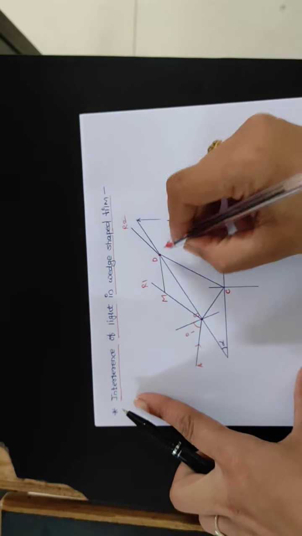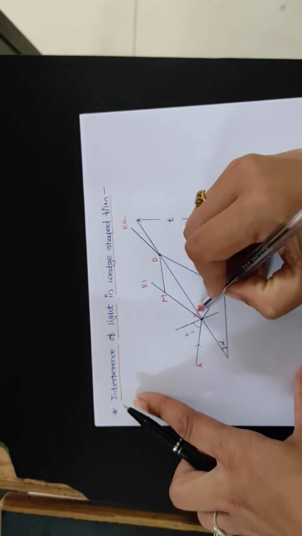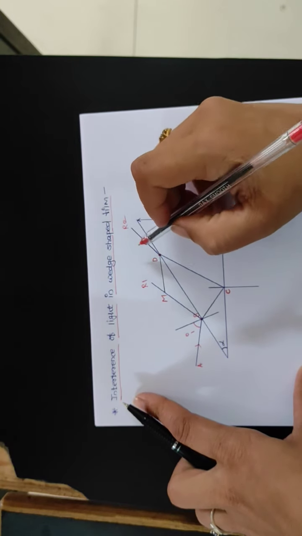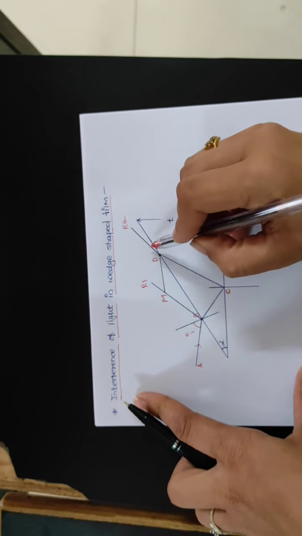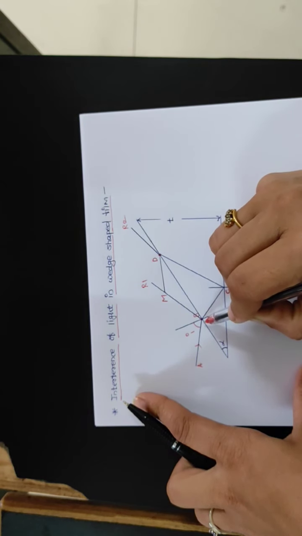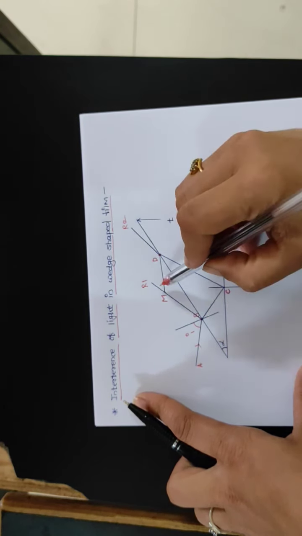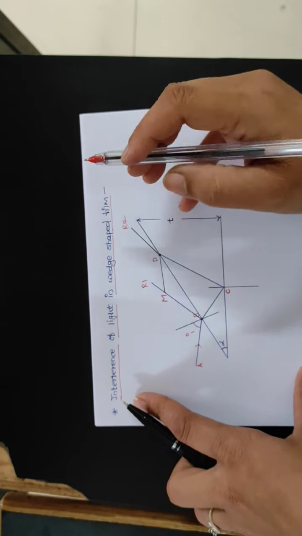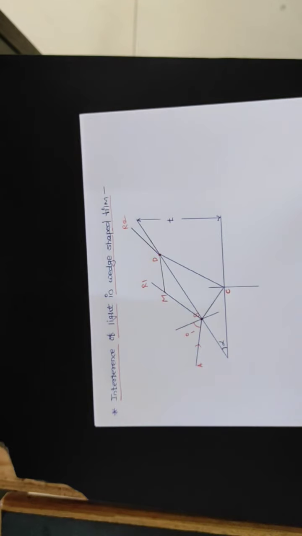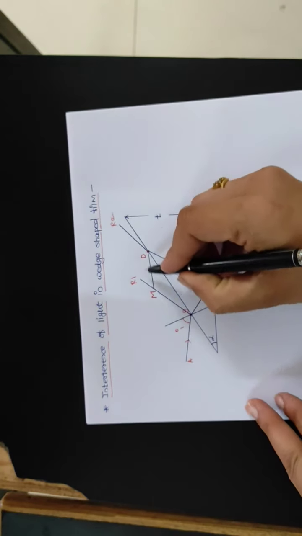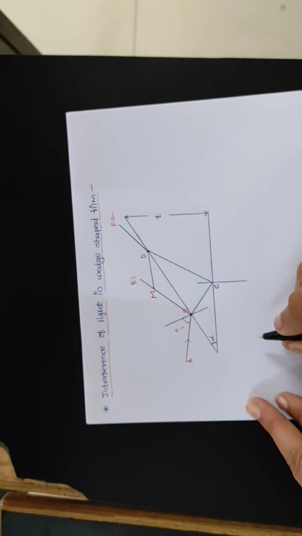Now we know that BR1 and DR2 are both coherent rays, because both rays are derived from the same incident ray AB. So these two rays interfere constructively or destructively. Now the path difference between these two rays we can write as